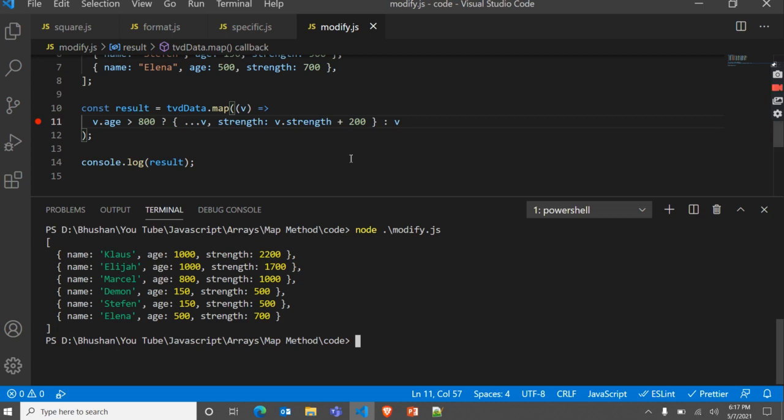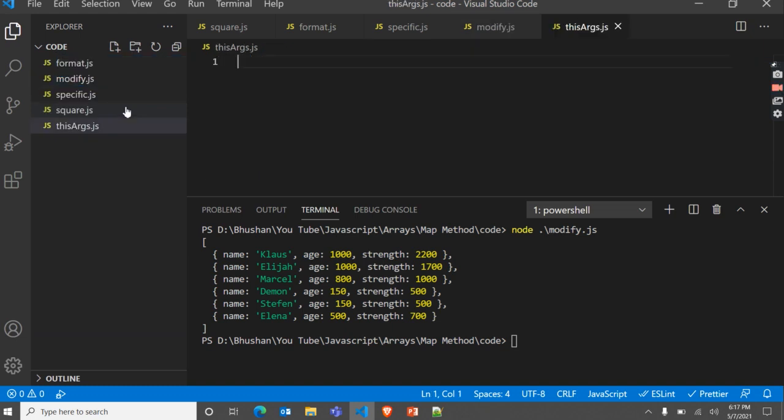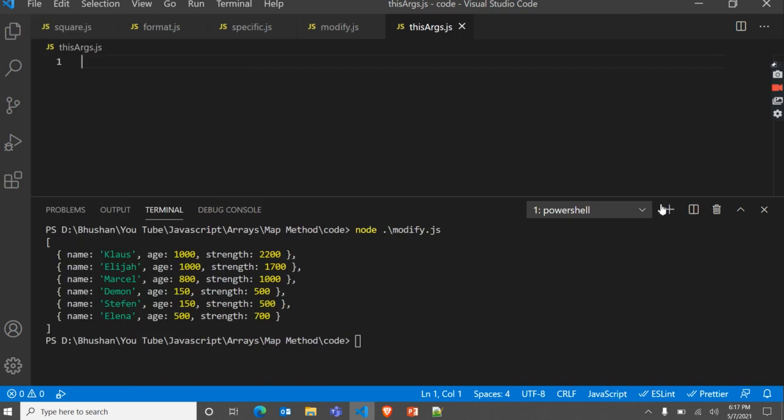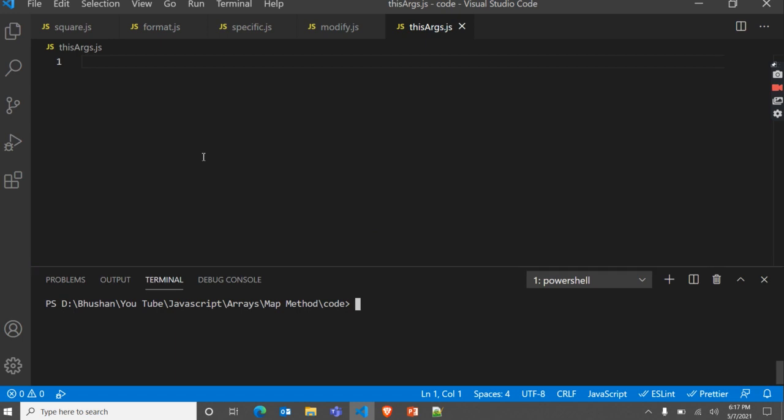Okay, so let me show you the example of these args. Let's create one file with the name args.js. Let me clear this. So create one array with some values: 1, 2, 3, 4 and 5.